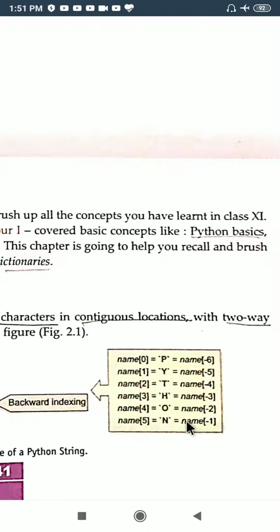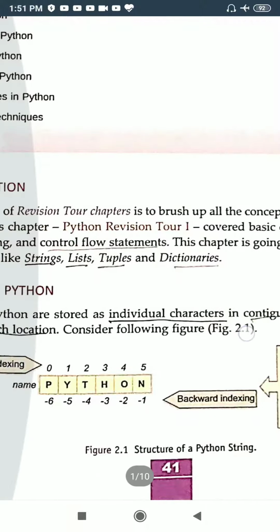See, if whatever we are searching inside the string is lying at the back, at the last one, like if I need to access n, then instead of using the forward index, I will use the backward index. So for that reason we are using the backward index.